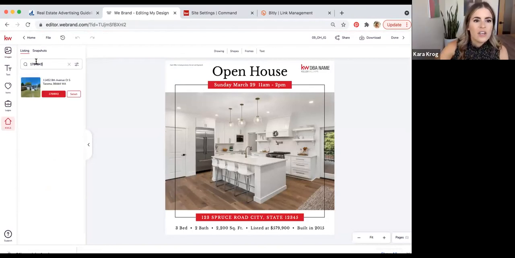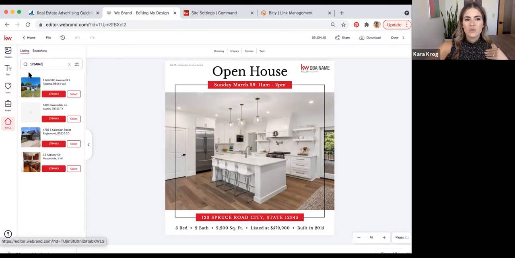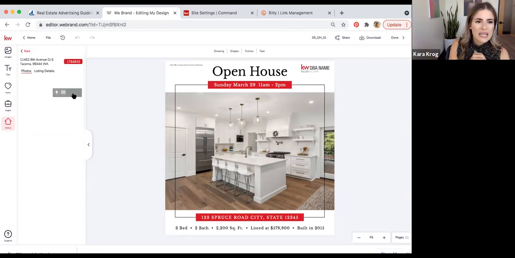Perfect. So this is a good example. Actually, I'm kind of glad that it didn't stay, because I know before I showed you, when I first went into designs, how I said that I wanted to use a listing MLS and pull the information that way. This is what you would do if maybe you didn't click that button and you just found yourself working on a template that you didn't make, and you didn't decide in advance that you wanted to use an MLS number. You can still use it. You don't have to start all the way from the beginning and check that box. You can certainly come in here, click KWLS, and then search for the listing right there. So we've got Blake's pending property.